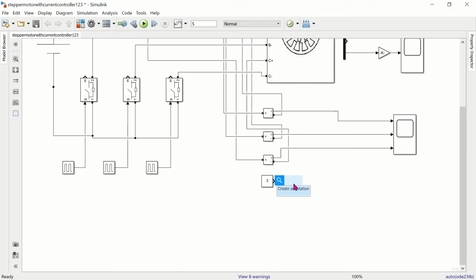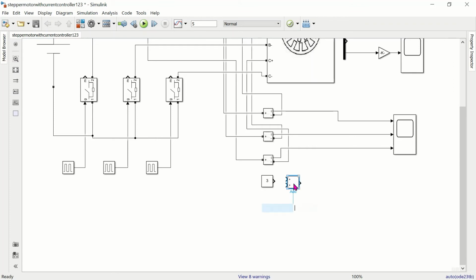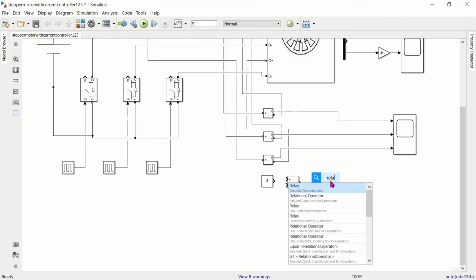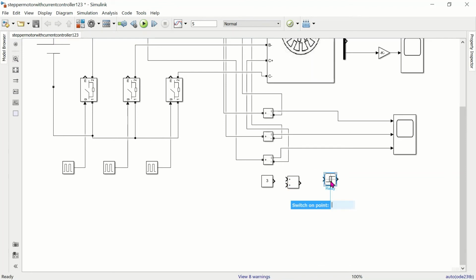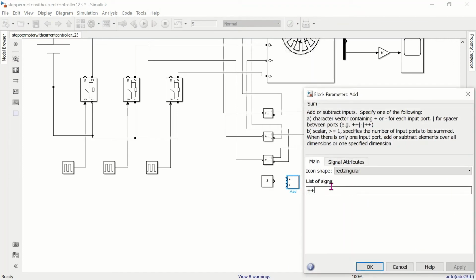I am using a summer adder block. Then I connect a relay switch, so it turns on and off according to the limit that we set here.